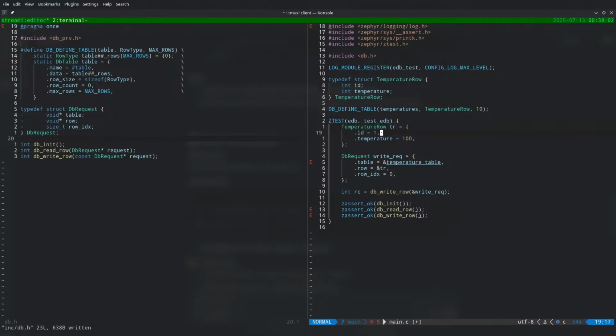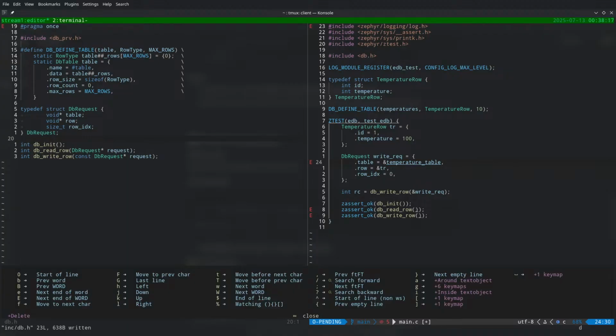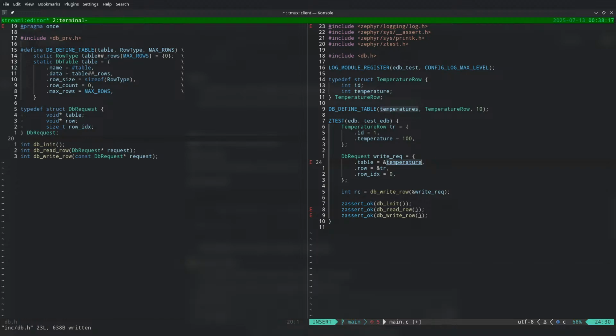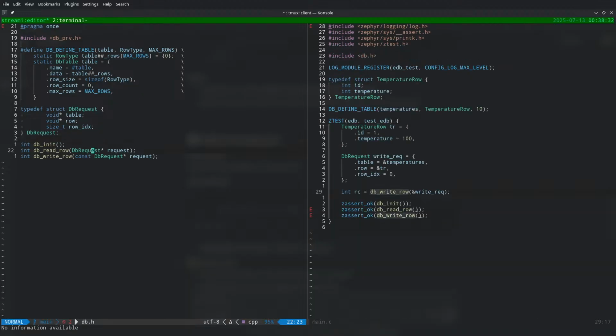Temperature row tr id is 1, and this thing is create a data request. Why are you crying, brother? Use of undeclared variable temperature table. Okay, so this temperature row index is 0. db write index will. Okay, so this is only the